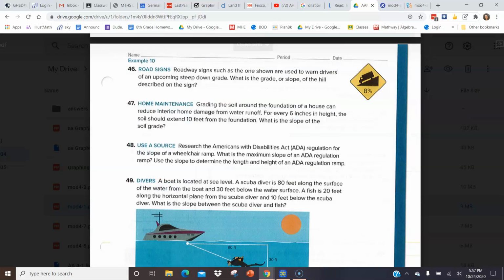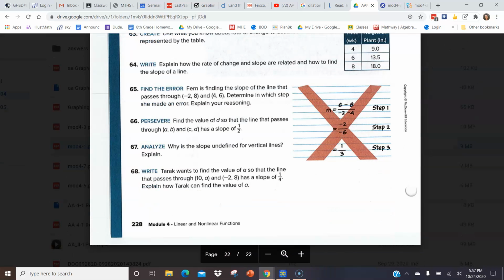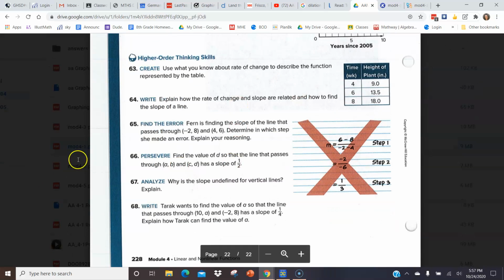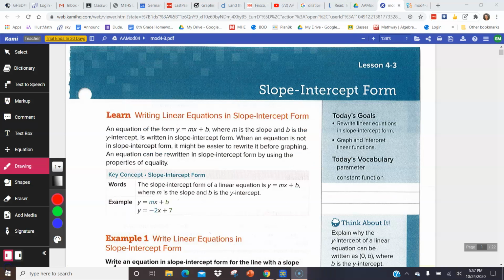Then there are different things we played with in slope. If I gave you a couple points, can you find me what the line is? That is one thing. Then we learned about slope-intercept form. So you put your equation in y equals mx plus b format. You could find out what your